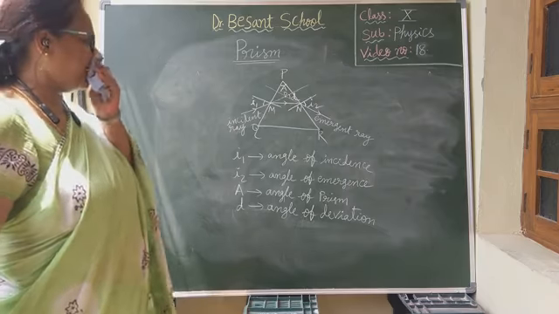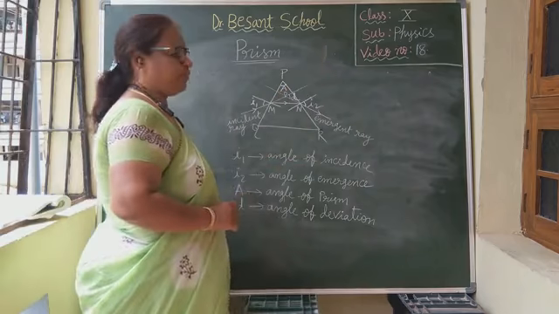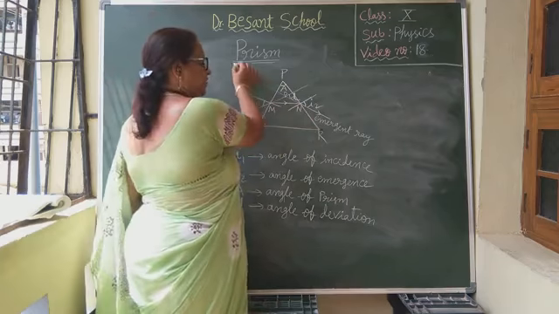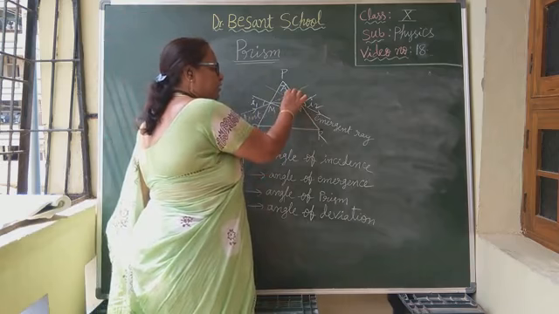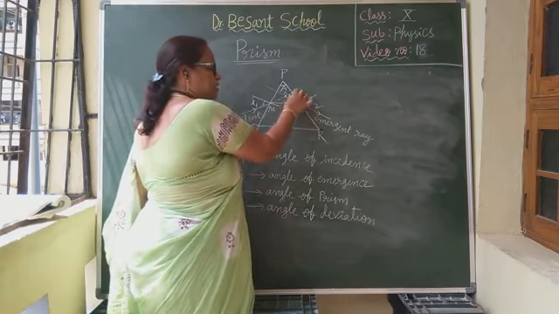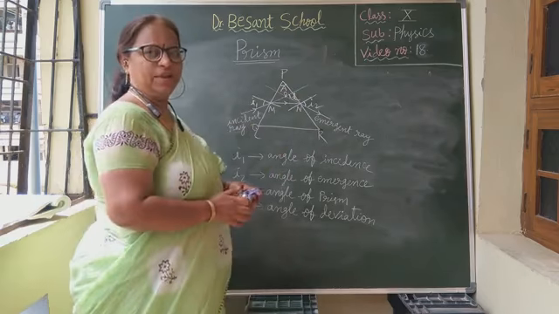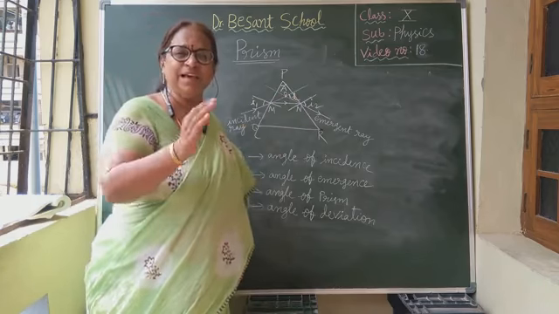You understood, children? See, you extended the incident ray in a straight path. If the prism is not there, that is the path of the incident ray. Extend the refracted ray also. Both are meeting at a point O. So this angle formed between these two rays is called the angle of deviation. Why are you considering this angle only? What is meant by deviation? Deviating the path means changing the path.